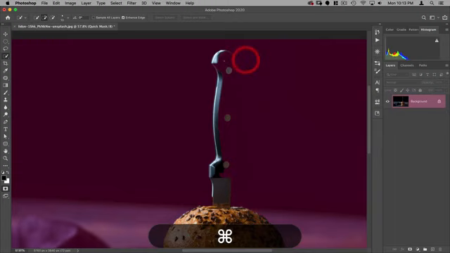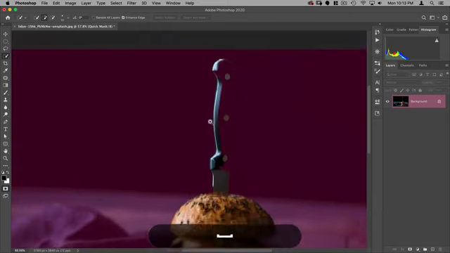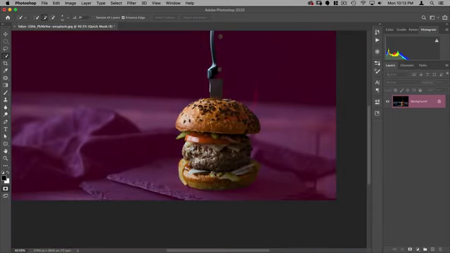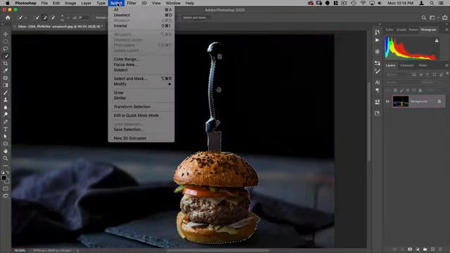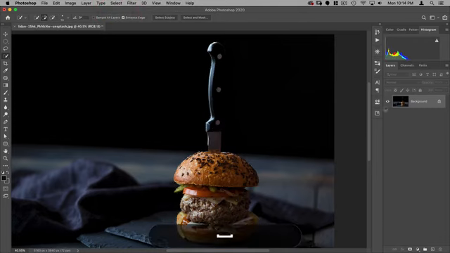And here you can see everything in pink represents what is not selected, and everything that is not in pink represents what is in my selection. So it's actually done a decent job of selecting the hamburger, but it has done a rather terrible job of selecting the knife. So let's hit Q again and let's go deselect. And what I'm going to do is I'm going to use the pen tool to draw a vector around this knife and then use that to turn it into a selection.